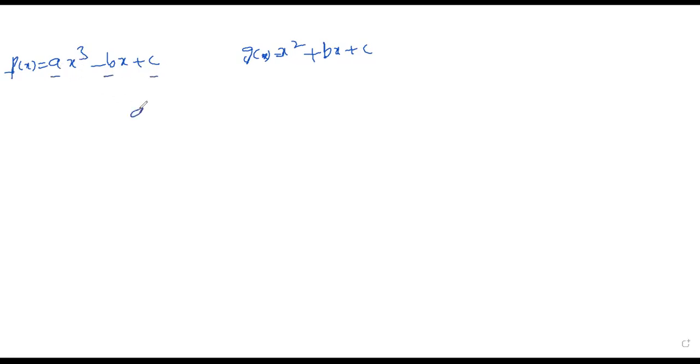Here this is a. We don't have an x square coefficient, that's why I'm taking 0. Next, this is x cube, this is x square, next x, next constant. Here x cube is a, x square we don't have, x is minus b, and constant is c only. Next, we have to do division with this polynomial. Initially we have to take two zeros here, one zero here and one more zero here. This is fixed for this procedure.